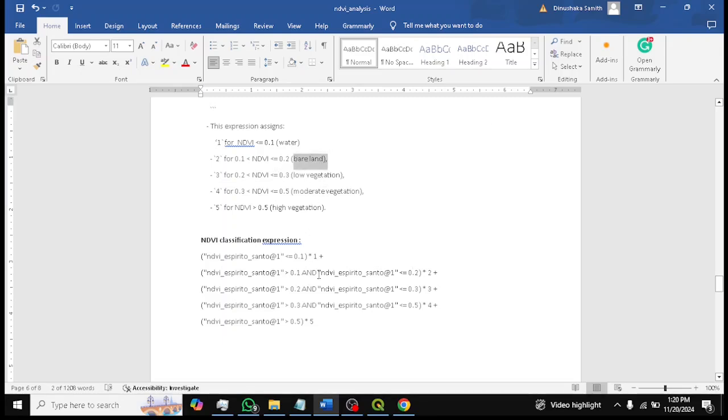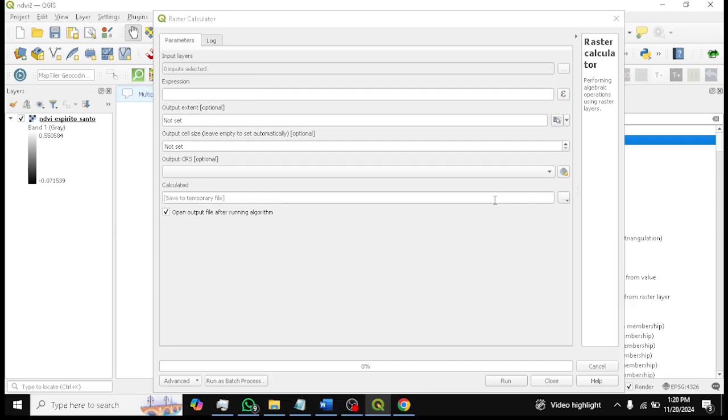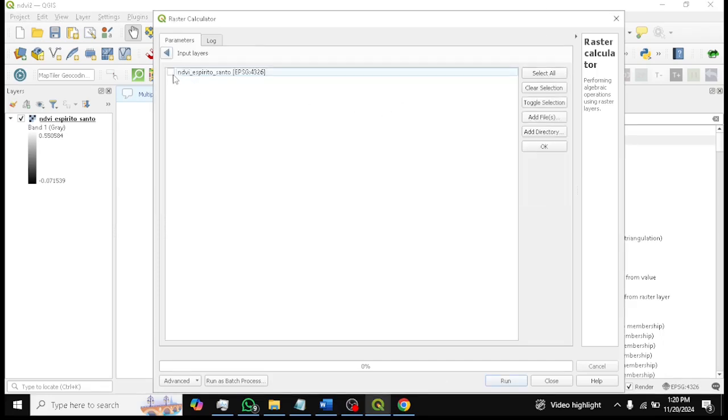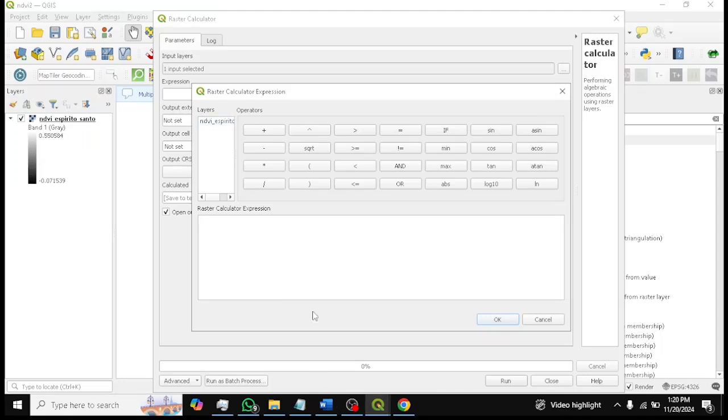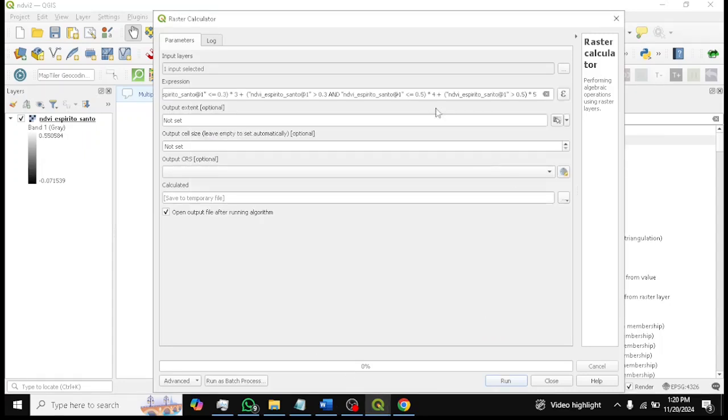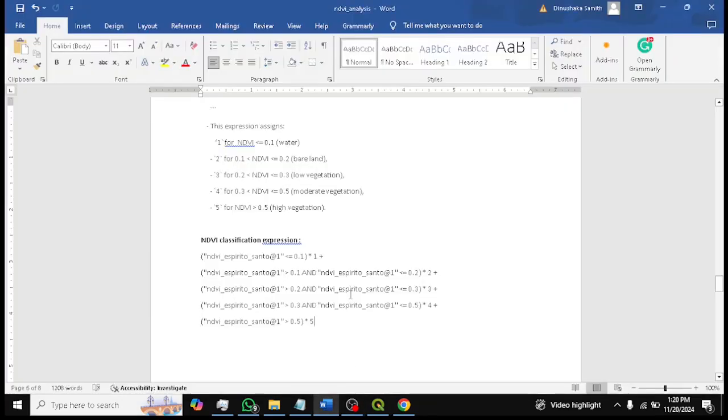Likewise, you can see how the standard classification is converted into a classification expression that can be run in QGIS for the classification. And here I am going to select the NDVI layer, the classified layer, and just copy and paste the raster expression here. You can customize this expression